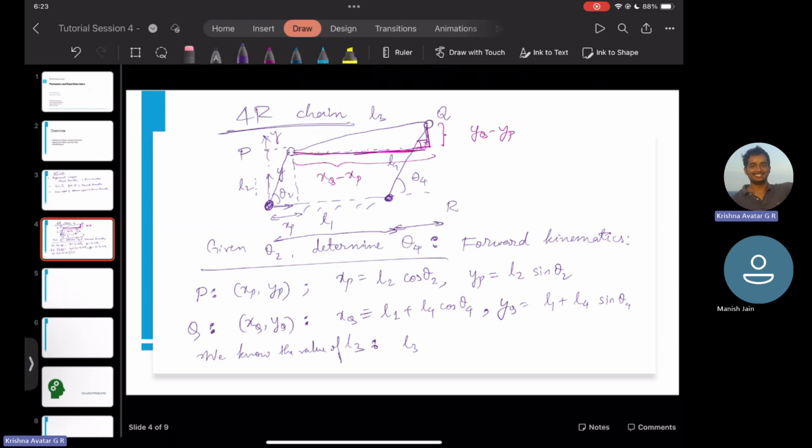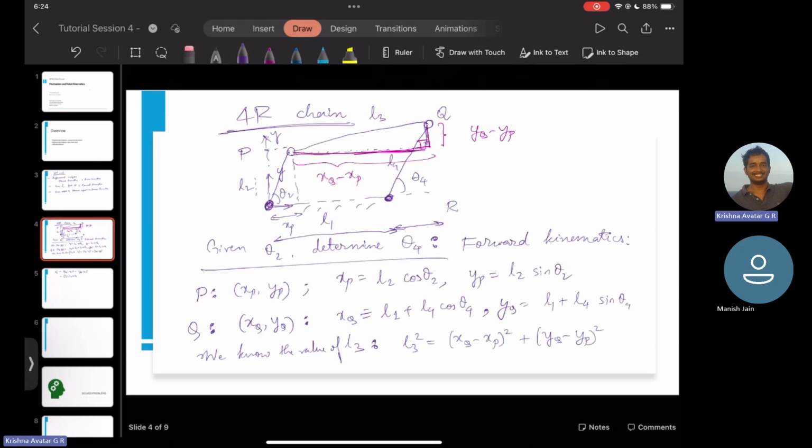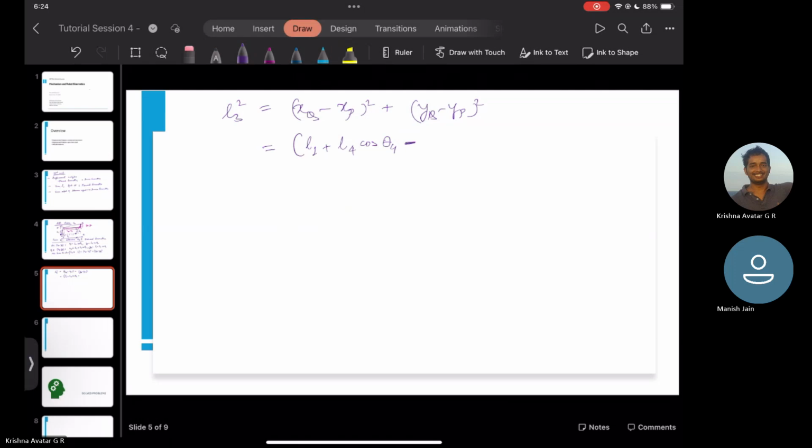So this means that L3 squared is equal to XQ minus XP whole squared plus YQ minus YP whole squared. So this is how it is, isn't it? And now let's go to the next page. So we have L3 whole square. I'll just copy it. So it was XQ minus XP whole square plus YQ minus YP whole square. And upon substituting the expressions, XQ was L1 plus L4 cosine theta 4. I hope that's right. Yeah, it is here. And then minus XP, which is L2 cosine theta 2, whole squared, plus